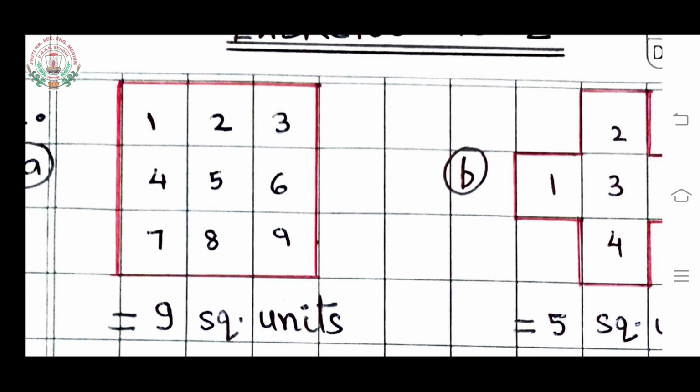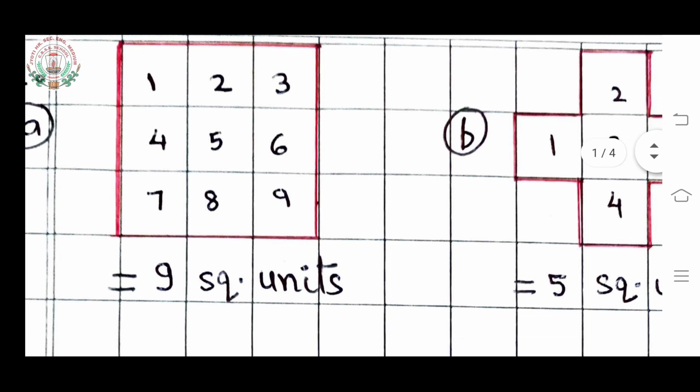Like in perimeter formula also you have seen 4 into side, 3 into side. Why you have taken side there, not length and breadth? Because all were equal. Yes. So here also both length and breadth are same. So we are not writing it separately as length and breadth. We will write it as side. क्योंकि दोनों साइड लेंथ और ब्रेड्थ दोनों इक्वल है, तो लेंथ और ब्रेड्थ के जगह हम साइड लिखेंगे. ठीक है. तो साइड इंटू साइड 3 into 3 is 9. So the answer is here 9 square units.